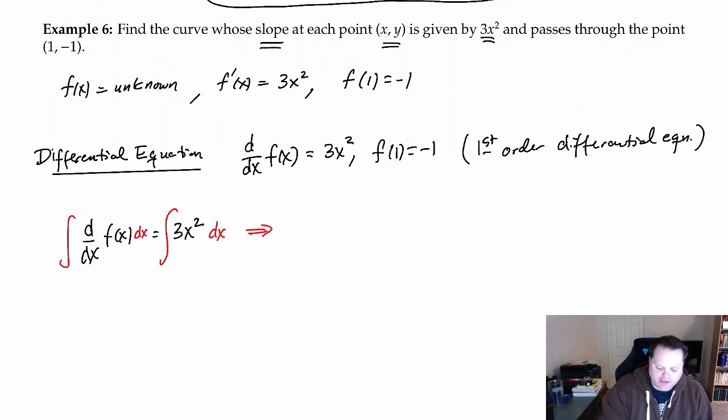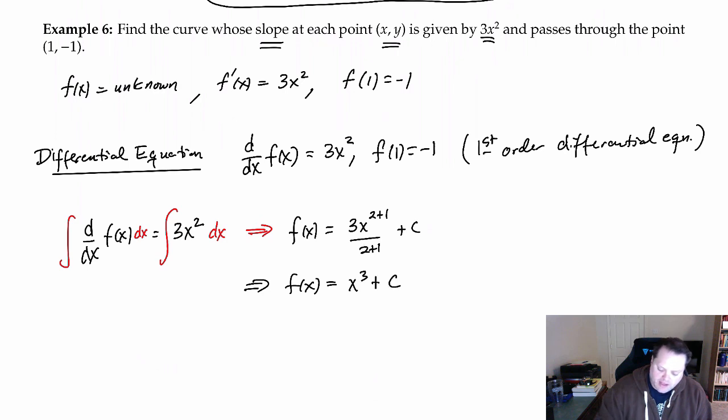So if you take the antiderivative of both sides, the antiderivative of the derivative cancels, leaving you just f of x on the left-hand side. And the antiderivative of 3x squared would be 3x to the 2 plus 1 divided by 2 plus 1 plus a constant. So f of x is, you've got 3 divided by 3 here, so it would be x cubed